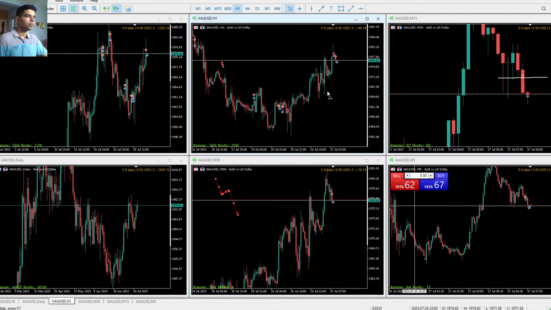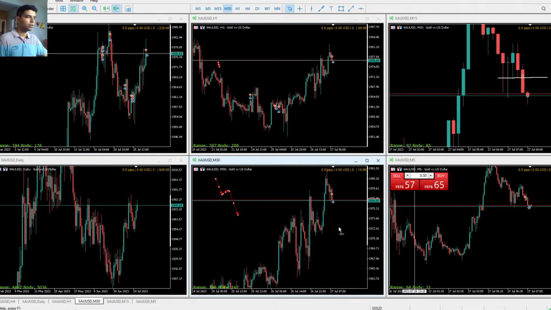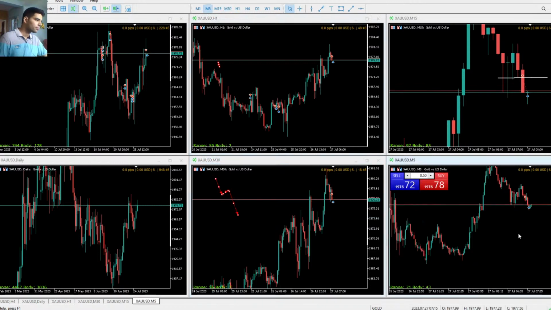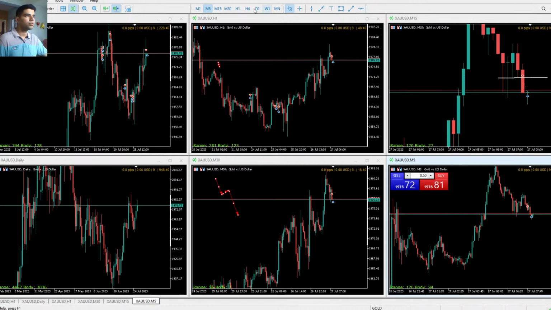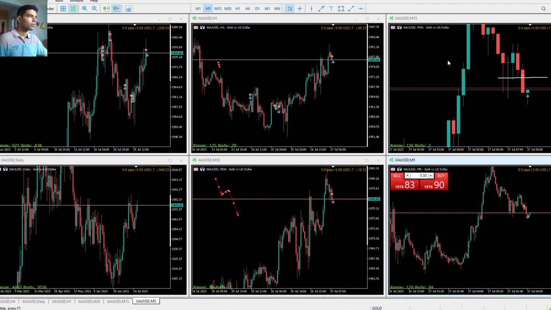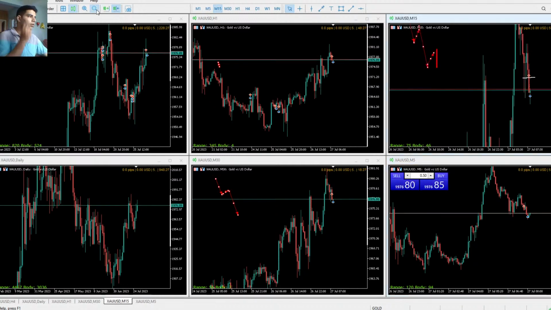And I closed it here, because there was a resistance line here in the 30-minute time frame. Let me show you guys. Here, and there is a slight resistance. Okay, so I exit the position, and also in the 15-minute time frame, let me show you guys. I didn't consider it a very safe trade, because